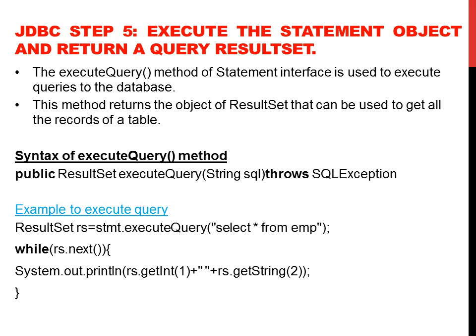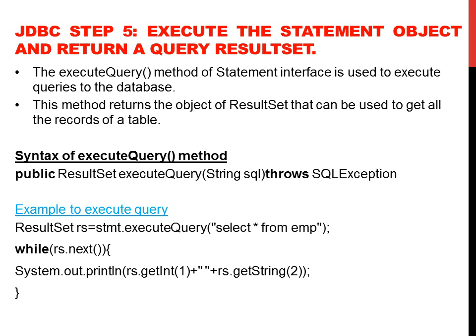For example, suppose you have created an employee table, EMP table, within your database. An employee table may consist of columns like serial number or employee number, then employee name, employee company name, employee department, employee salary, employee age, employee birth date, etc. Here in this example, we are fetching the entire rows or entire data from the employee table, and we are iterating through the result set object.